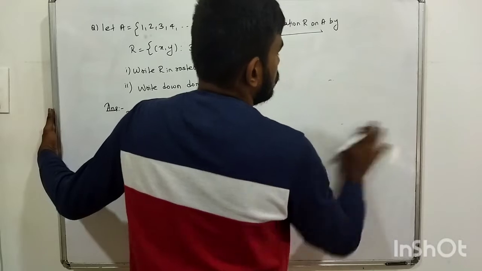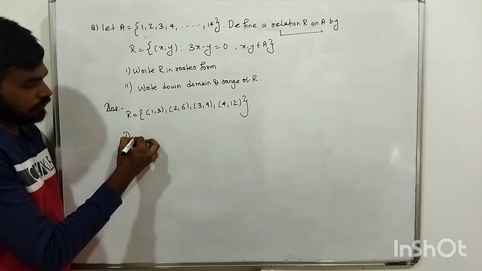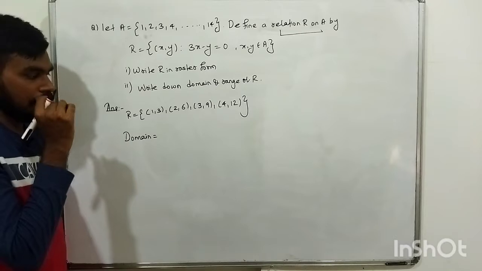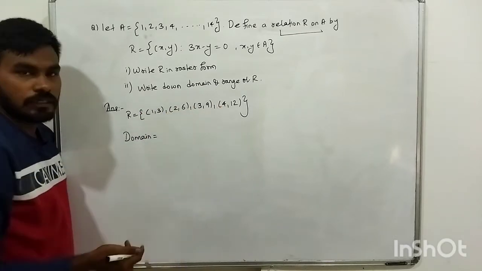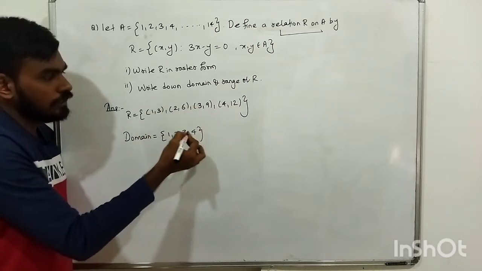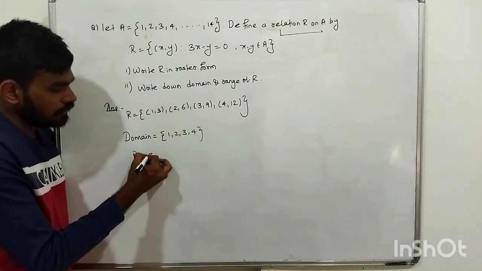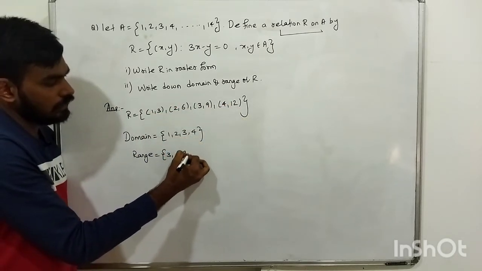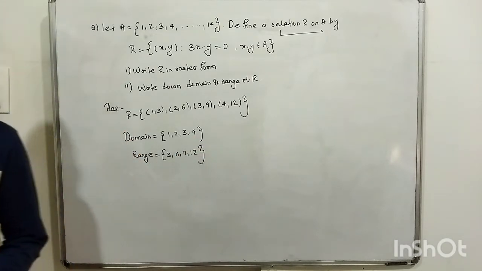Now, what is the domain of this? Again, mostly you won't be asked codomain, because codomain is very easy. Second set you have to write. So domain is what here? Set of all first elements. See, 1 2 3 4. These are the first elements. If they are repeated, just write them only once. Similarly, range is what? Set of all second elements. 3 6 9 12. So roster form, domain, and range. Okay. So this way.